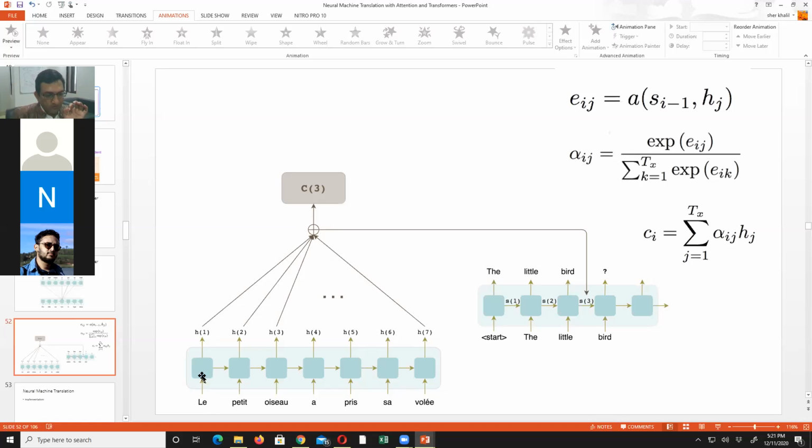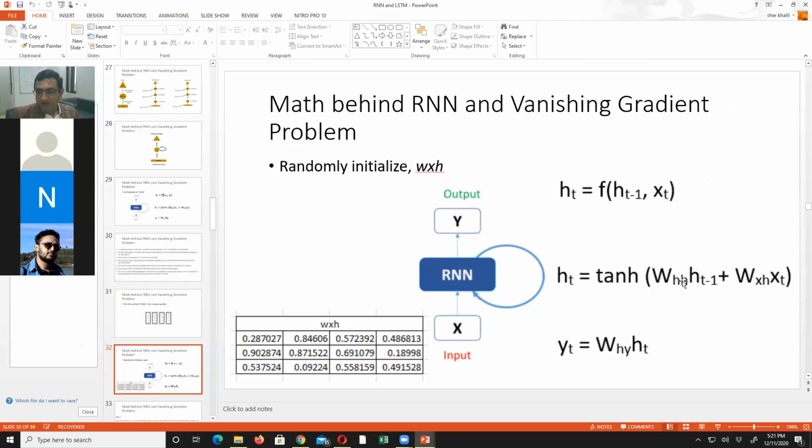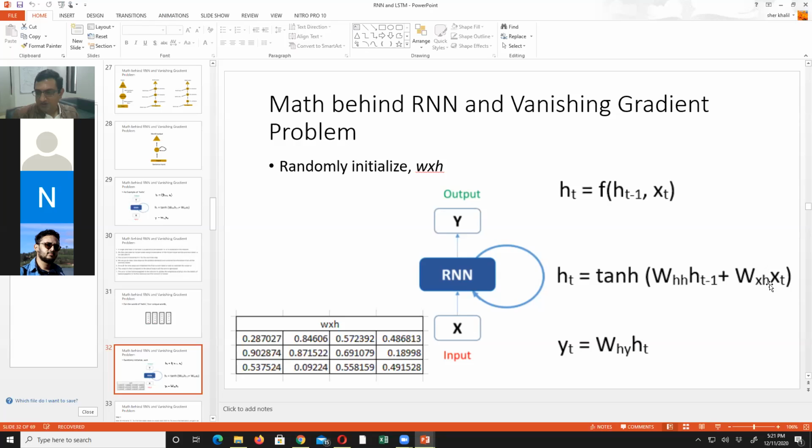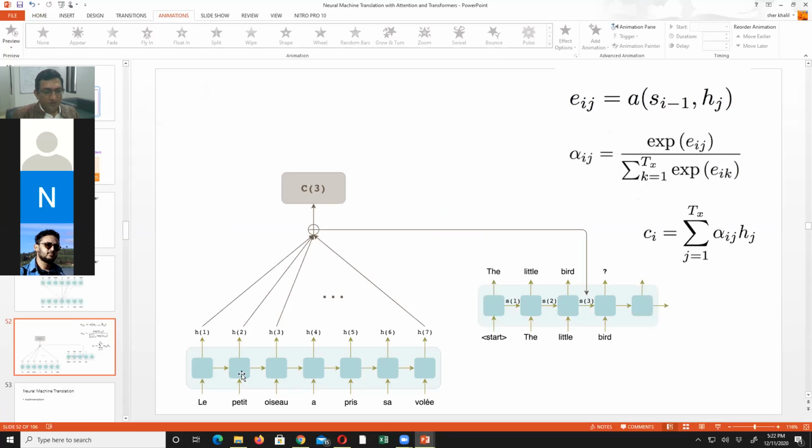So when we got this input, we give this state to the next encoder. When the next encoder comes here, it gets this input, and not only this input but also the previous state. The previous state is multiplied by WHH and the input is multiplied by WXH, the two matrices. Now with these, it will produce H2. For the time being, we are not processing the output. Only H2 is being sent to the next encoder.